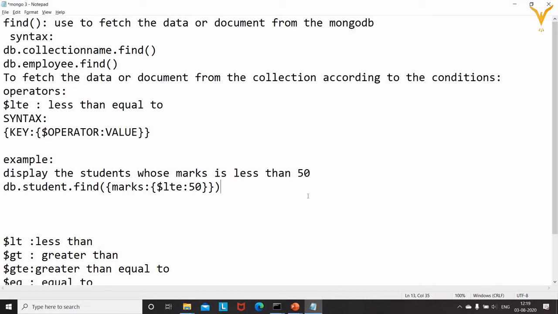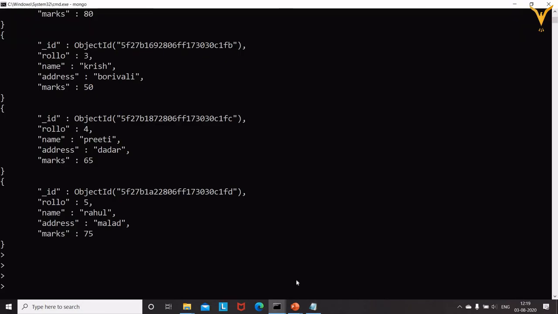Now let's check it. So we'll write the query as db dot our collection name student, dot find, and in the find we are going to write the query like marks colon, and then again curly braces, then dollar, and then LTE, as we have taken the first operator as LTE.